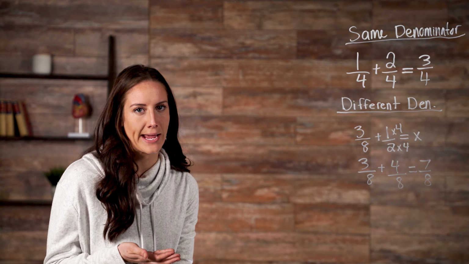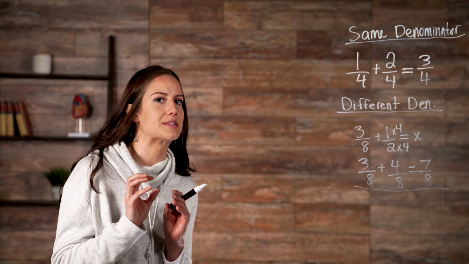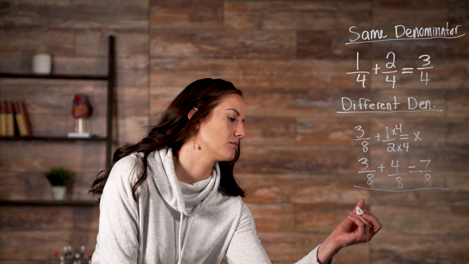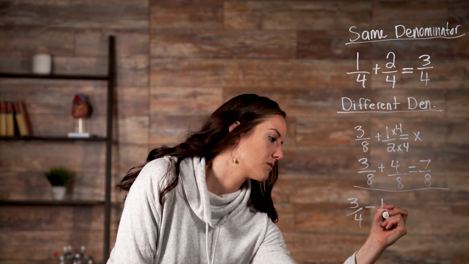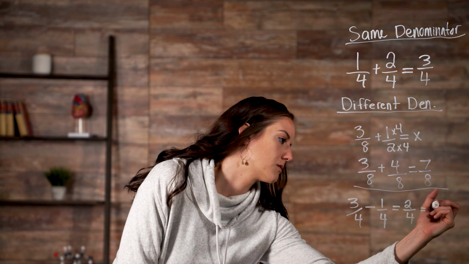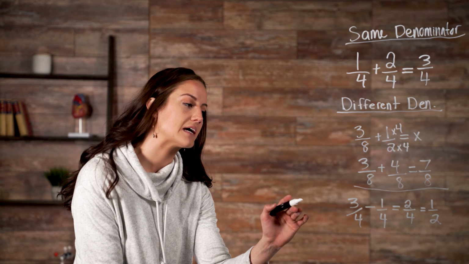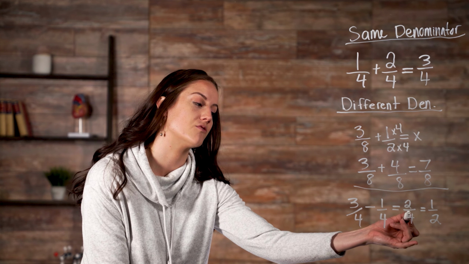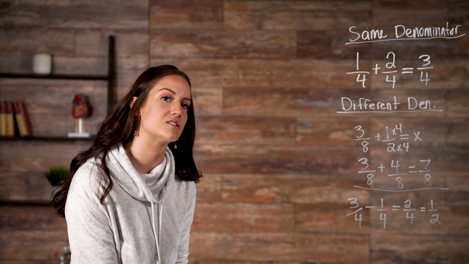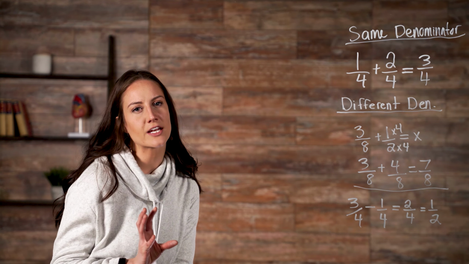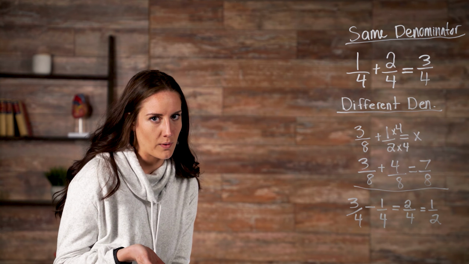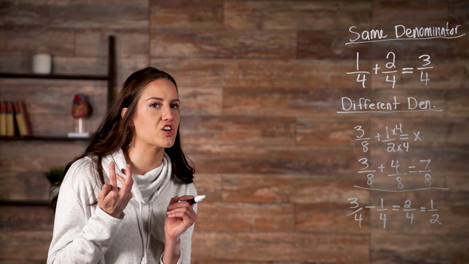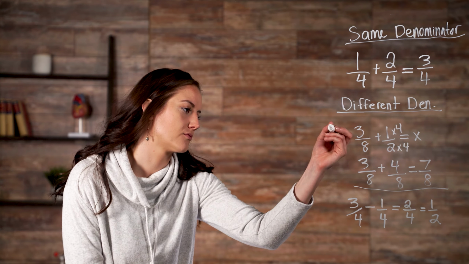Subtraction works the same way. If you're subtracting fractions with the same denominator, you can just subtract the top numbers, like in this example. So in this example, all we had to do was subtract our top numerators here, which gave us 2/4, which simplifies to 1/2. Simplifying numbers just makes them easier to work with. But if you're subtracting with a different denominator, you have to make the denominators match. For example,